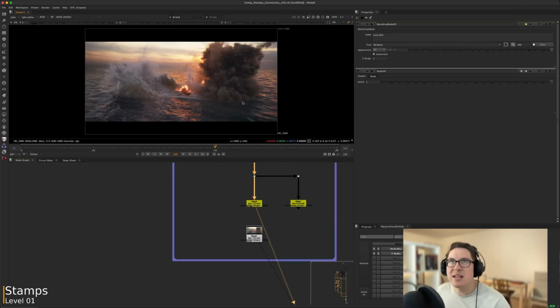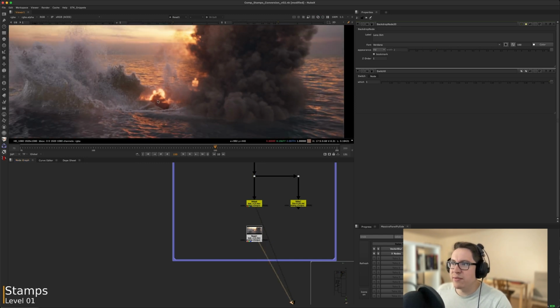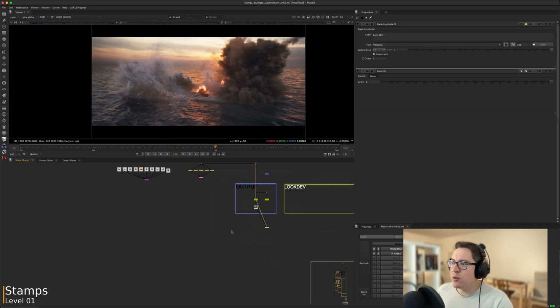So yeah, I disabled all the vector blurs and I disabled some of the X nodes which were eating up my GPU, but I can enable them later. But just to show, it's still producing the same result, just missing some vector blur that I disabled. But yeah, the whole script now